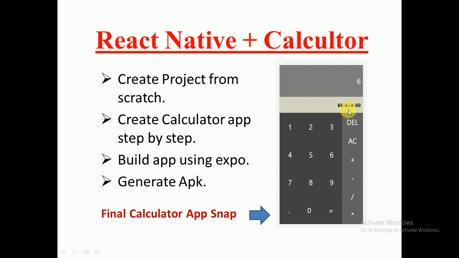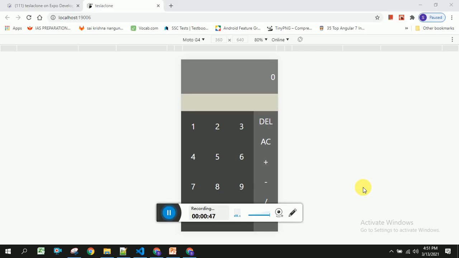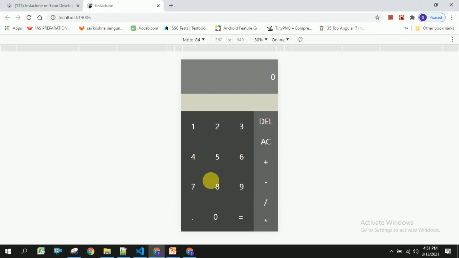So this is the final version of what we are going to build, and we will see the demo of this. You can see all the numbers and different operations. This is for initializing the application. If we click on this, it will be reset to 0, and if we click on delete, it will be deleted. So let us try this,